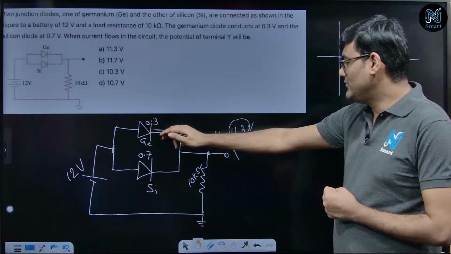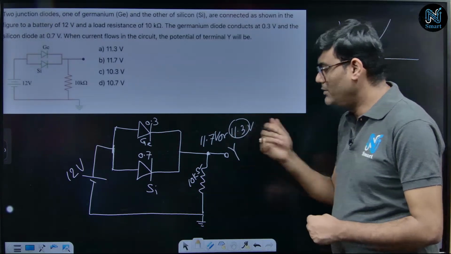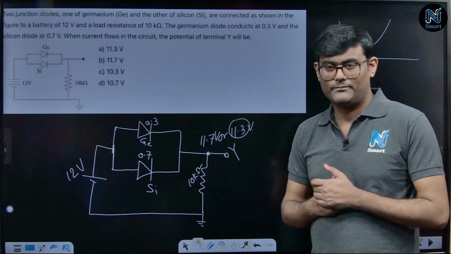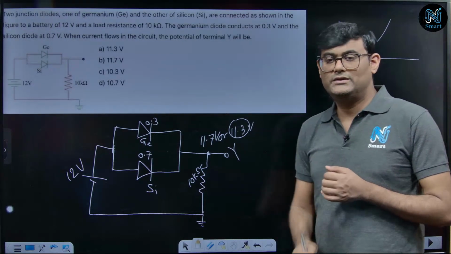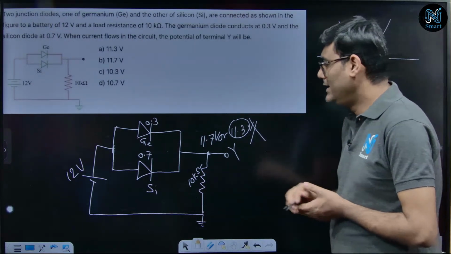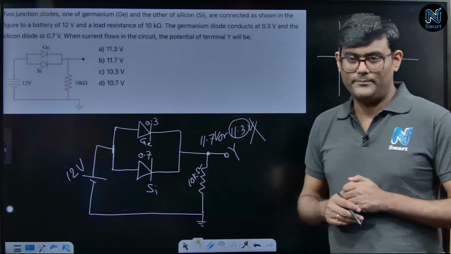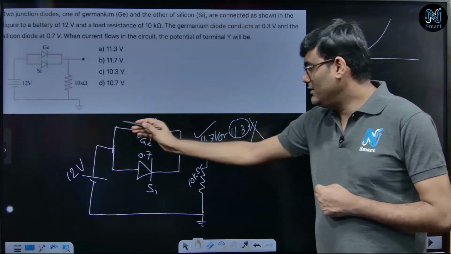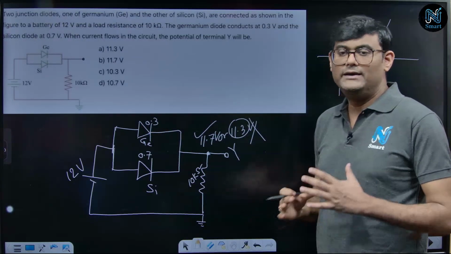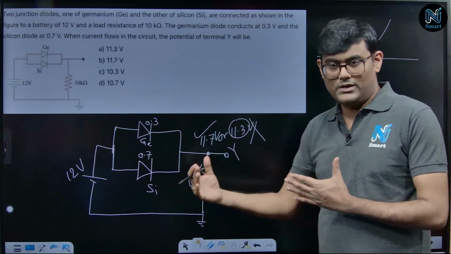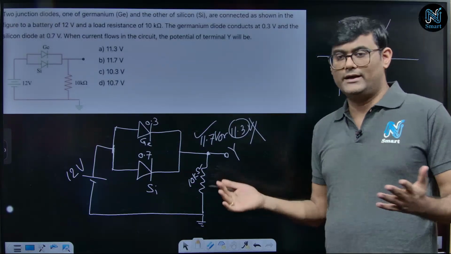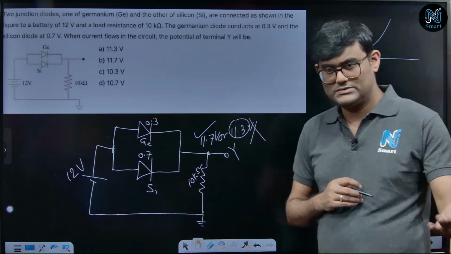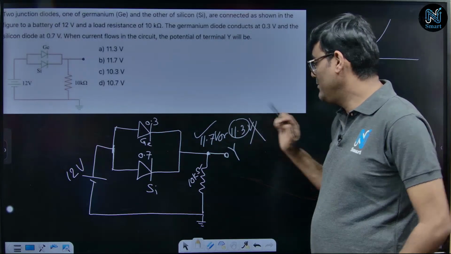জার্মেনিয়াম বলবে আমার অ্যাক্রসে ভোল্টেজ ড্রপ 0.3, আমি ভোল্টেজ দেখাবো 11.7। সিলিকন বলবে আমার অ্যাক্রসে ভোল্টেজ ড্রপ 0.7, আমি ভোল্টেজ দেখাবো 11.3, রাইট? তো 11.3টাকে আমরা নেব না, কারণ 11.3 হলে এই সার্কিটটাতে কোনো স্টেবল ভোল্টেজ পাওয়া যাবে না। কোনটা ভোল্টেজ পাওয়া যাবে? 11.7 অফকোর্স একটা স্টেবল ভোল্টেজ পাওয়া যাবে। তার কারণ 11.7 নিলে শুধুমাত্র জার্মেনিয়ামই ক্লেম করতে পারবে যে আমি এই সার্কিটকে কারেন্ট ফ্লো করতে দেব। সিলিকন বলবে যেহেতু আমাকে 0.7 ভোল্টেজ ড্রপ দেখাতেই হবে, কাজেই আমি এই সার্কিটে কোনো পার্টিসিপেশন করব না।